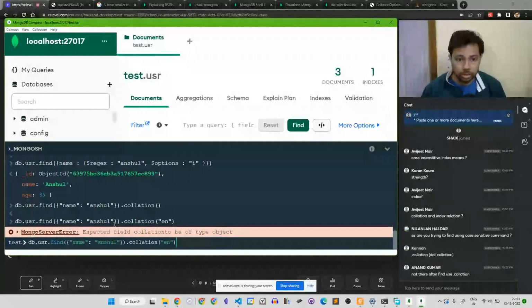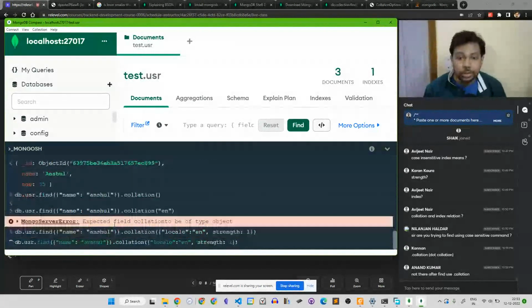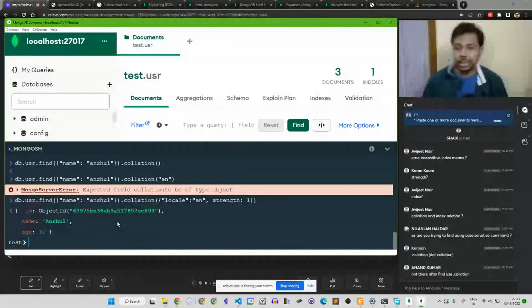okay, object. So I'll just do it. Locale: en, strength: 1 in this. Okay, yeah, exactly.